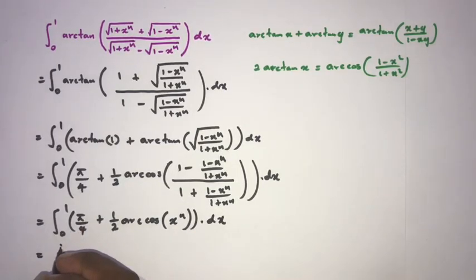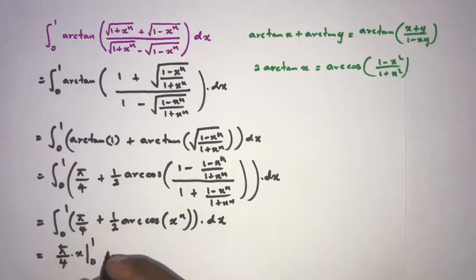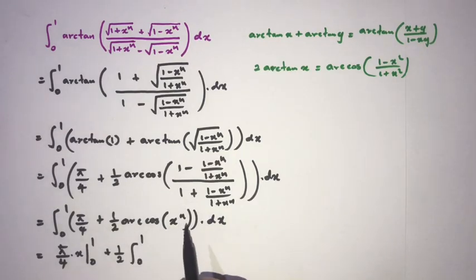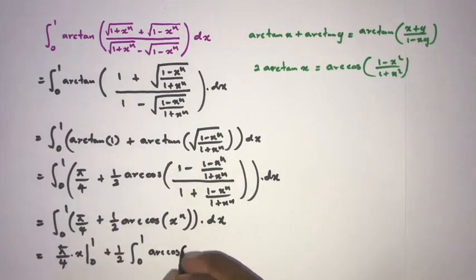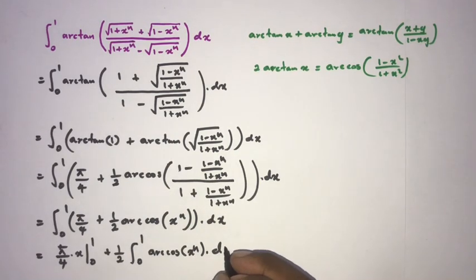Okay, then we can split our integral into two different integrals, and at the same time we can write pi over 4 is a constant, so outside of the integral sign, and here dx we know x, so 0 to 1 then plus 1 half times integral from 0 to 1. Now here arc cosine of x to the n, now we can integrate by parts. So as a first function I am going to take arc cosine of x to the n times here d, derivative, sorry, integration of 1, so here x. Okay, then